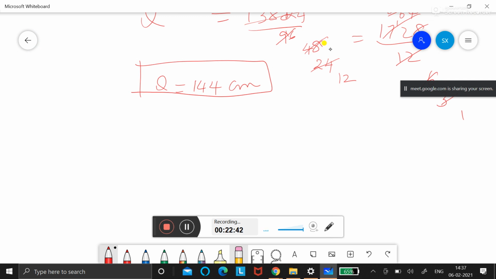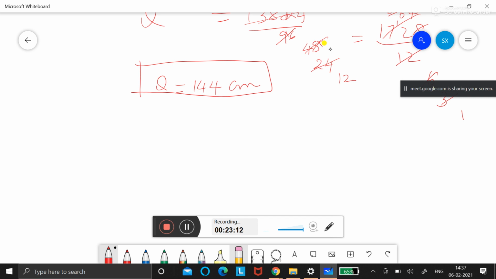Don't use a calculator, children, for small things, because once you get used to it, you will forget the basics. You are learning basics. Once you reach PUC, they will give you a calculator. In college, calculators are allowed. Why are they allowing it then? Because you know the basics. Now, when you are learning basics, you are using it. When you know how to run, if you use a walking stick, you will forget to run. Remember, okay? So always try to divide on your own. Try to find out the answer.